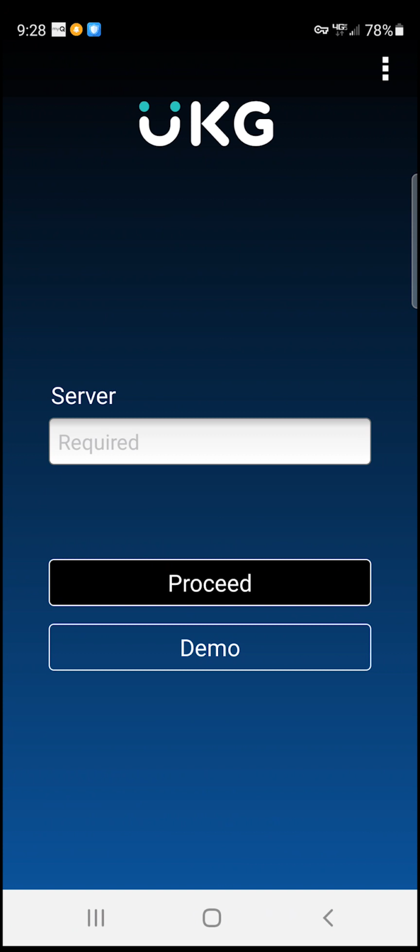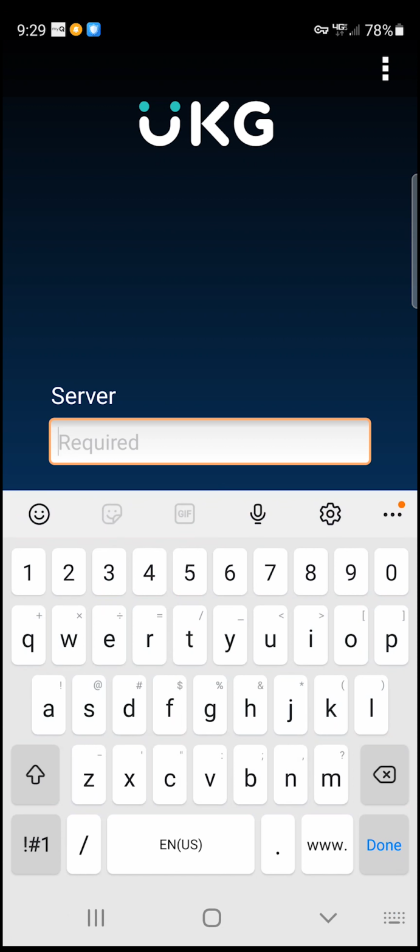But going forward, we are actually changing the server name so that it will merge with the Workday app and have the Workday password work with the UKG app. And I'm going to give you that server link momentarily. Okay, and that server address is going to be as follows. It is